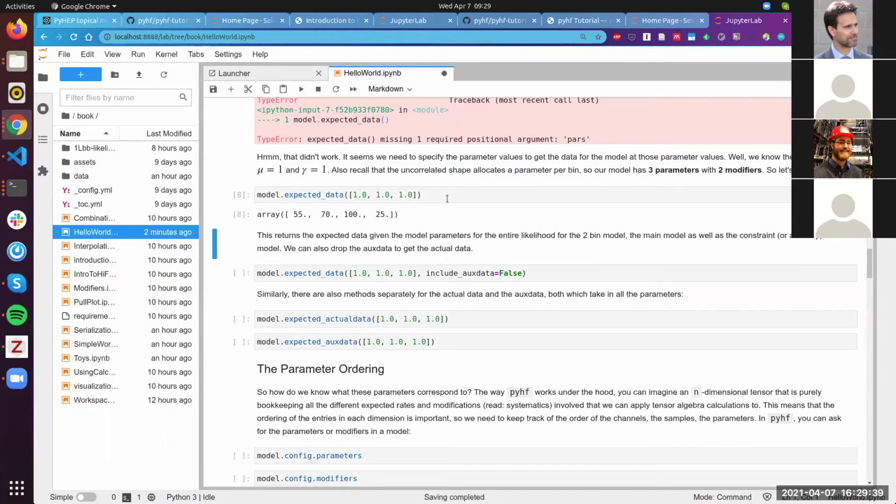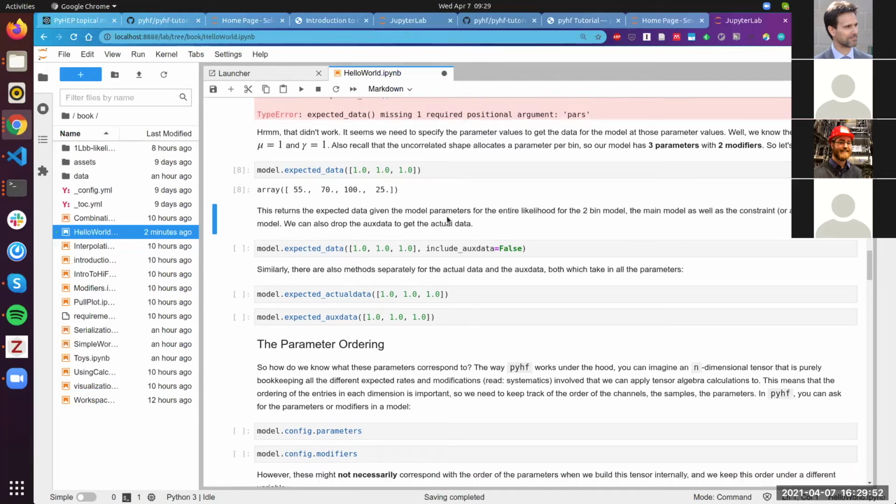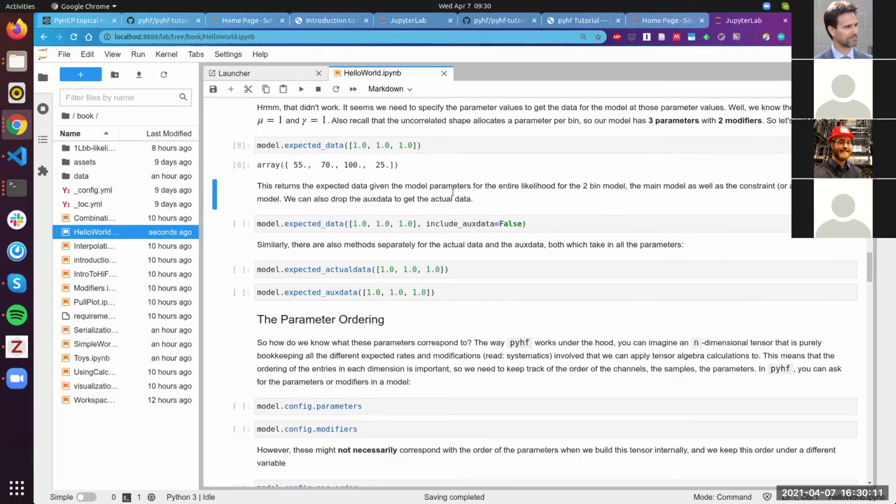But you'll notice that this might be a little bit confusing, because we said we had 2 bins, and yet we got 4 pieces of information out. That might seem a bit odd. The reason is that what expected data returns by default is both the expectation values for the actual observations as well as for these auxiliary data that we already talked about. So we can additionally, from the expected data API, say that we do not want to include the auxiliary data by passing in this